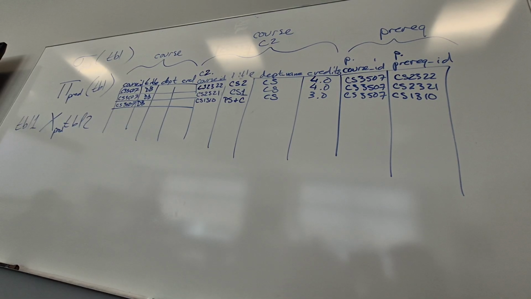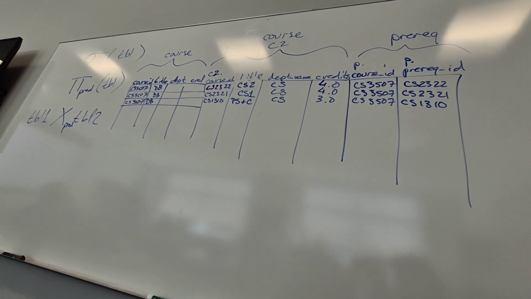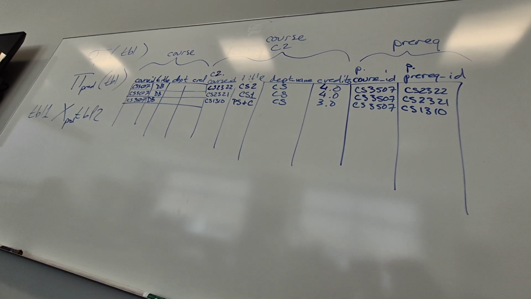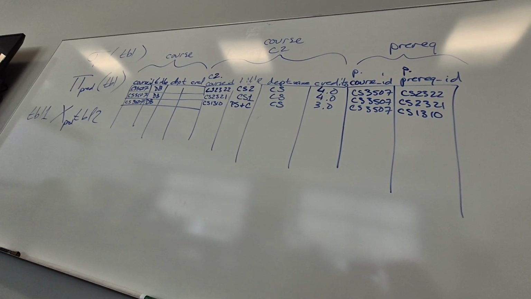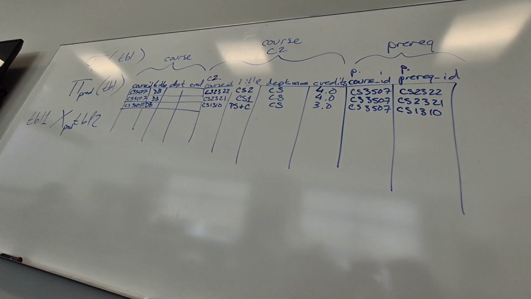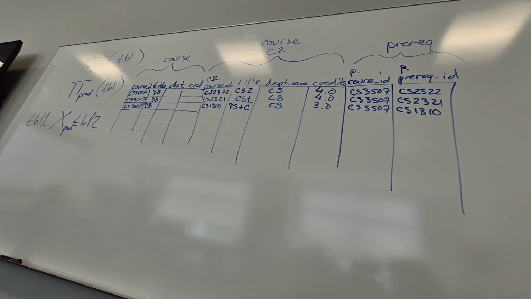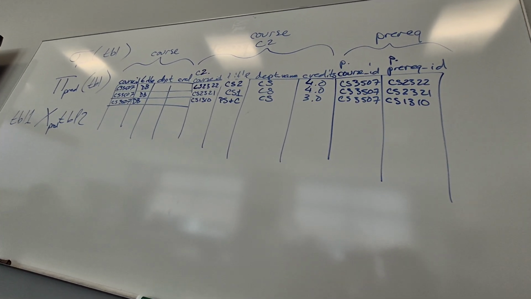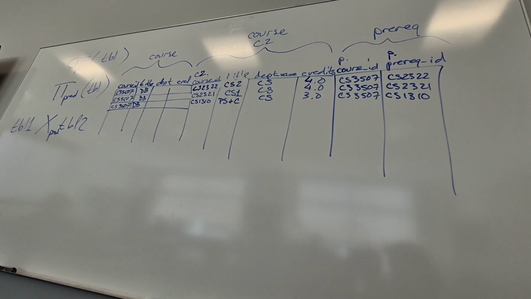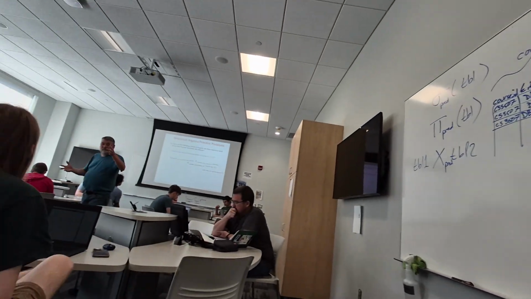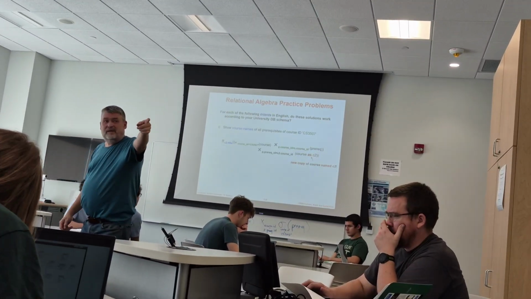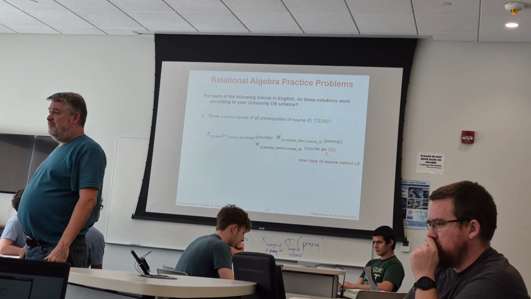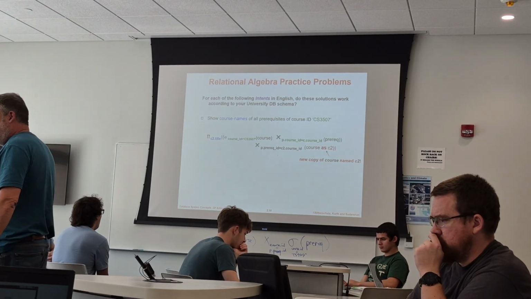This is one example of what it might do to solve the same problem. I could start at this table first and then join, or I could start at this table first and join, and end up with the same result either way. Then it's just going to figure out the mathematics and probably count the number of rows and columns that it had to go through to get to that single column result. And it would probably say, you know what, I should probably execute the first relational algebra statement rather than